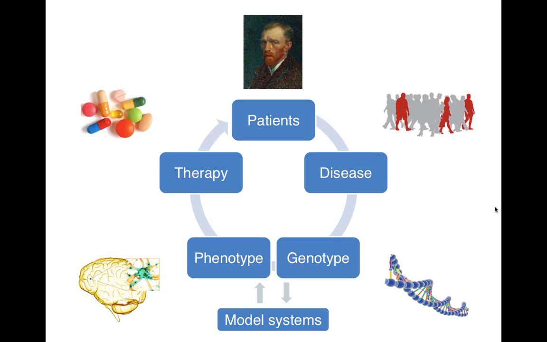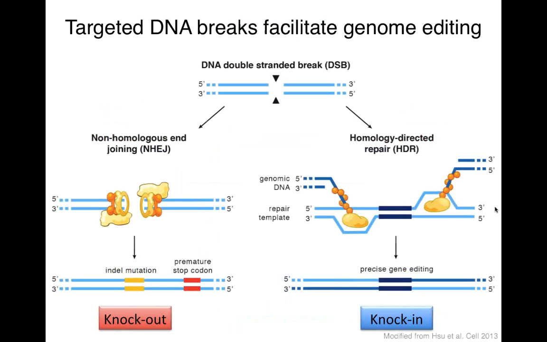So what I'm going to talk about today is going from genotype to phenotype by engineering model systems. This is what genome editing has to offer by engineering these genotypes into model systems, and that all relies on the fundamental process of DNA repair. If we can make targeted DNA double-strand breaks at specific locations, the endogenous cell machinery repairs it in one of